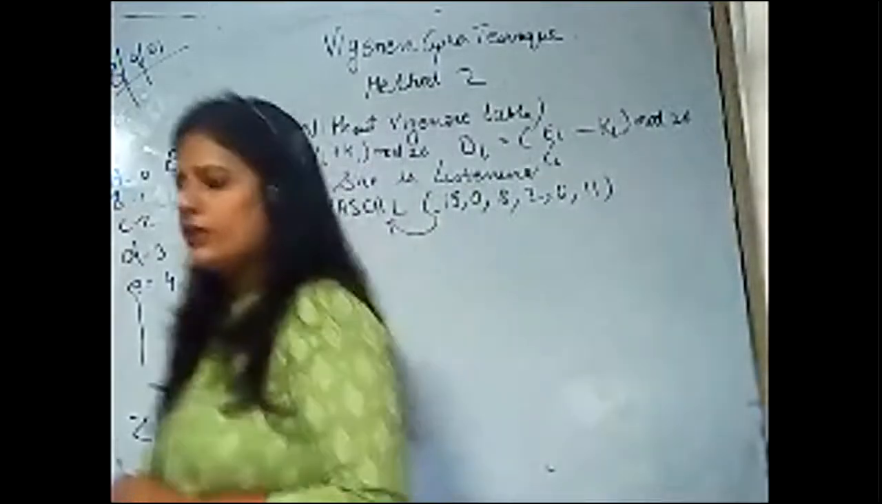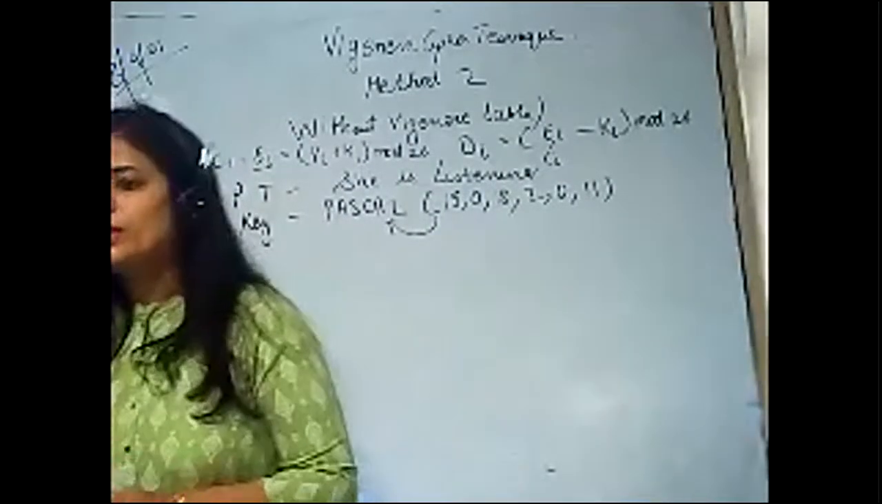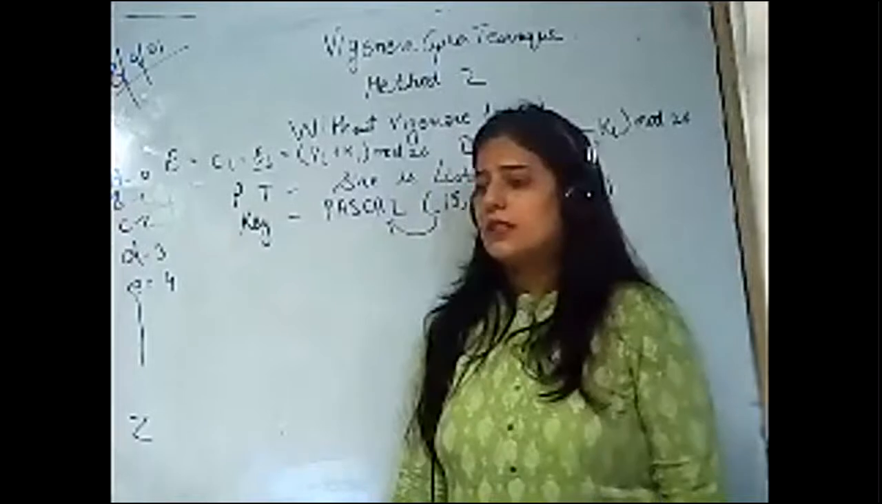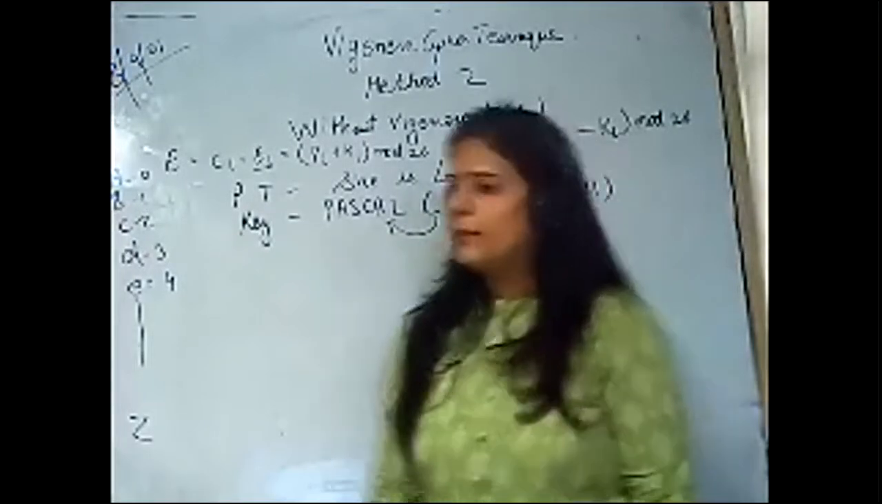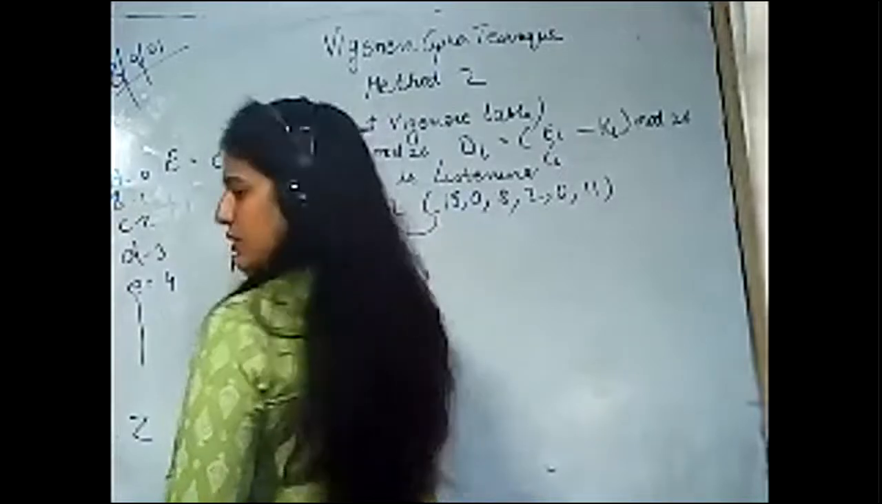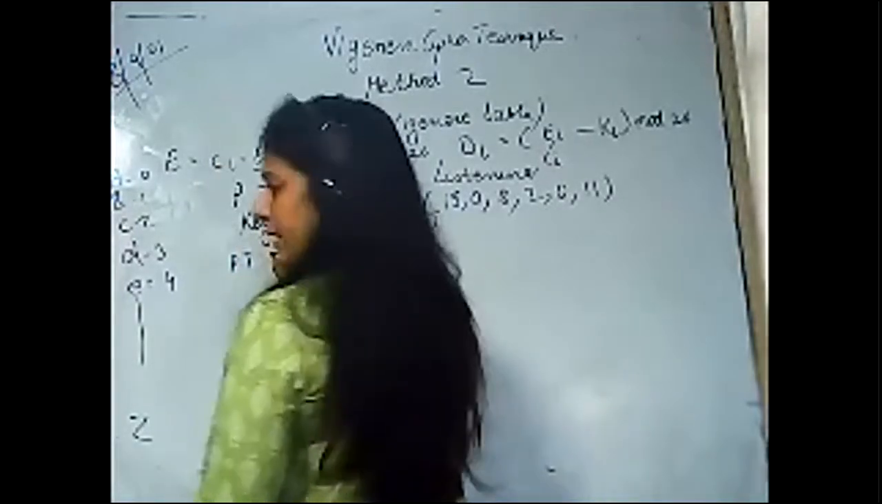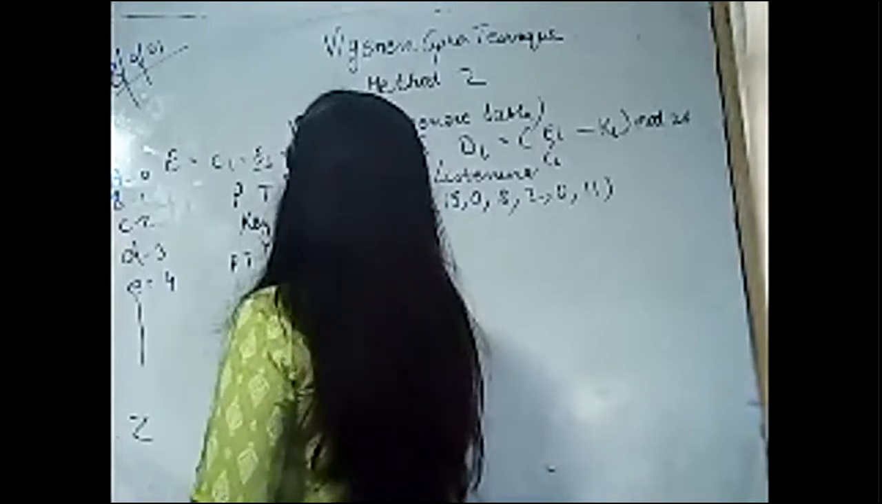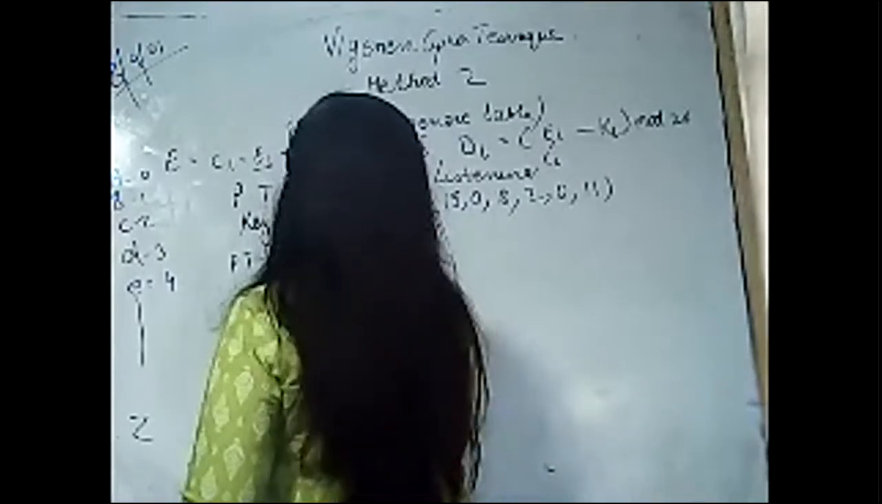And again, the process will remain the same as we did using the Vigenere table: we will be repeating the key value over here. We will repeat the key elements until it covers all the elements of the plain text. Now let's suppose this is our plain text, and here we can represent that plain text, that is S H